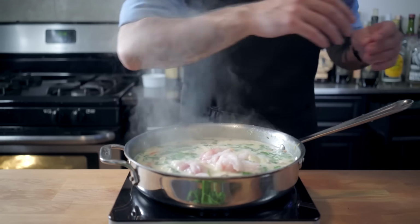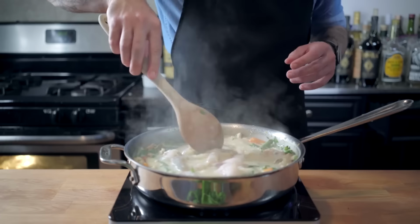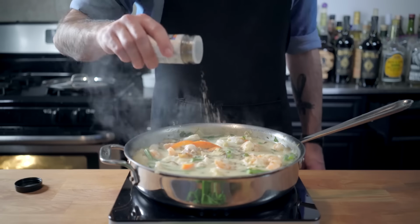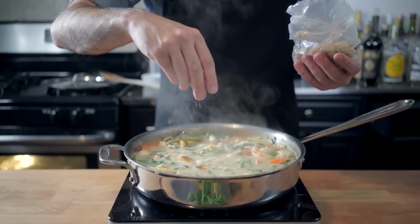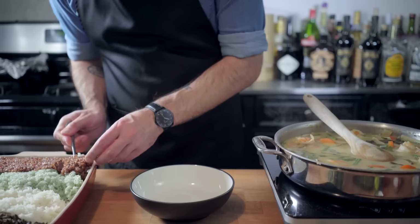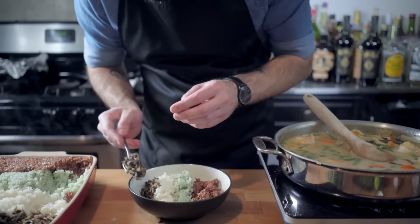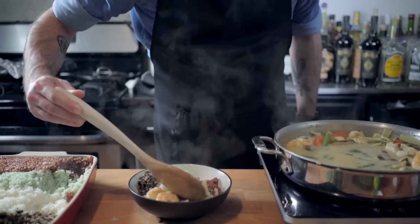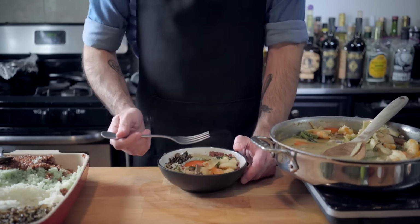And now we're going to add our seafood. I went with some sliced monkfish for the fish element and our shelled deveined prawns. And now let's see if we can get the spices right. I'm going to add a little bit of ground cardamom and cayenne pepper and a little pinch of brown sugar before covering and poaching for 5 to 10 minutes until all the seafood is cooked through. And now to plate up the wholly unnecessary 4 different kinds of rice and ladling alongside it our stew. Now I gotta say, this stuff turned out really good, and it's interesting because there's so many different ways you can customize it,